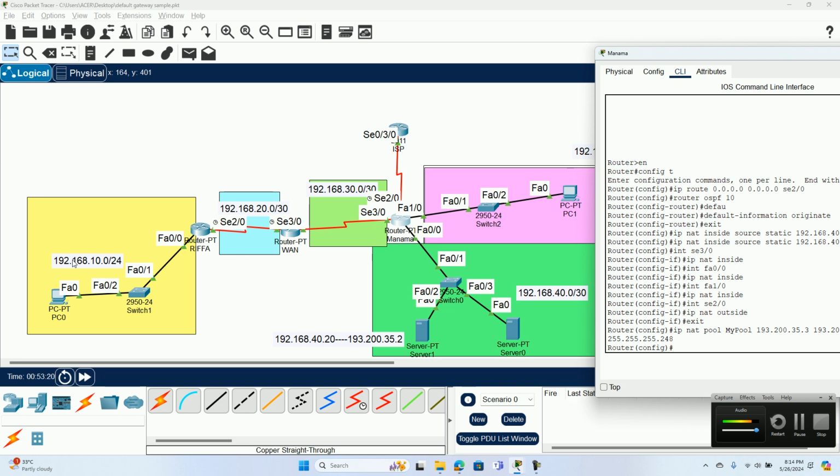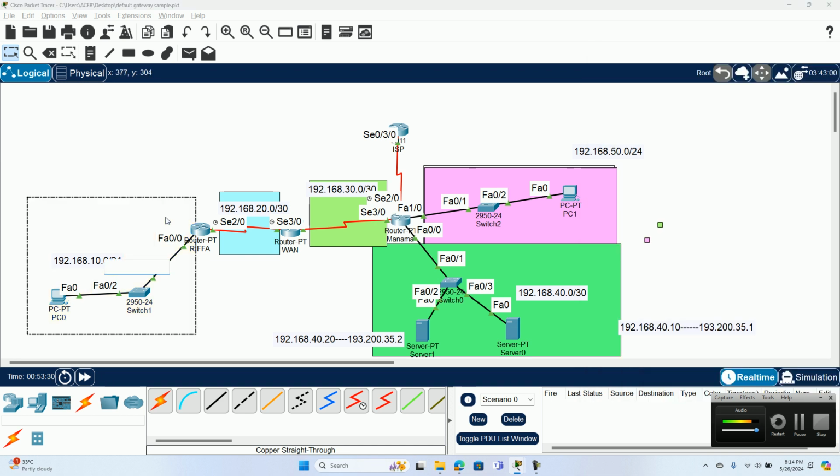Okay, so that constraint also there. So I will tell you how to manage that constraint, how to implement that filtering. So we have, let's say, this yellow and pink. Okay, so yellow is 10.0 and pink is 50.0. But let me say I want the yellow to access the internet, but I don't want the pink to access the internet. So let's say this